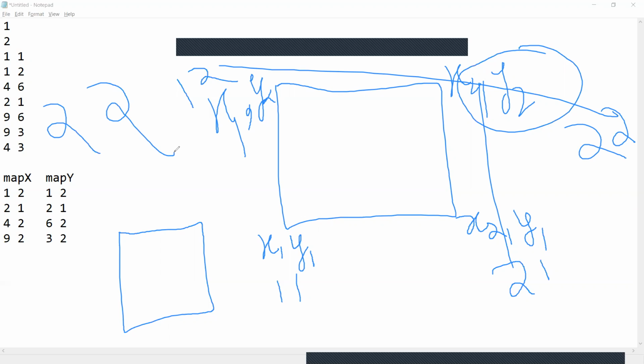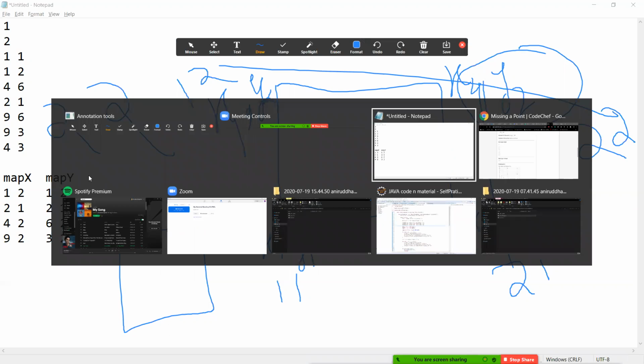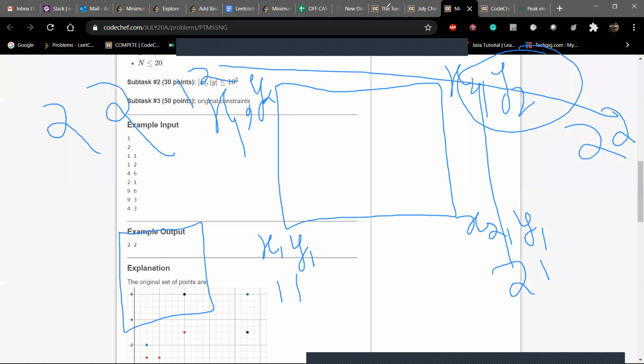So I have to make 2 maps, and now I will also show my code, which is more comfortable for you.